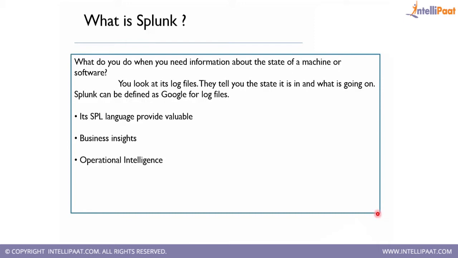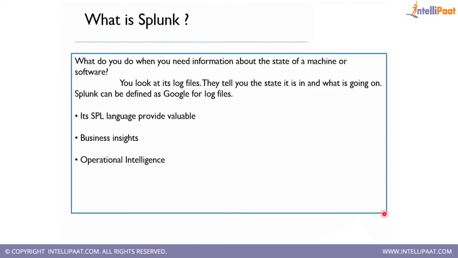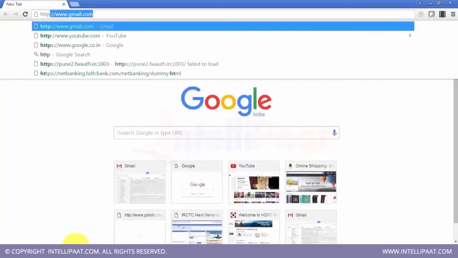Next, it provides business insights and operational intelligence. What is basically business insight and operational intelligence? That is like the business operations that IT is running on. Some insight or intelligence into these operations, making them more efficient and streamlining the process, is always something that the IT industry looks for. So what it does is give you better insight into the data to run your IT operations. So let's open the web console.